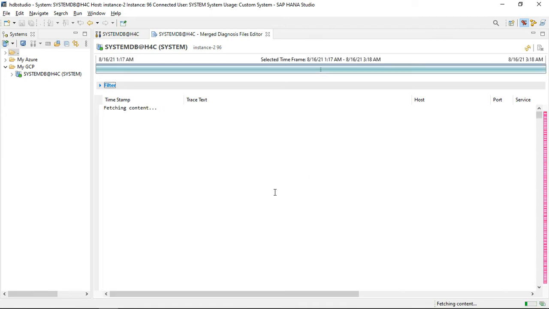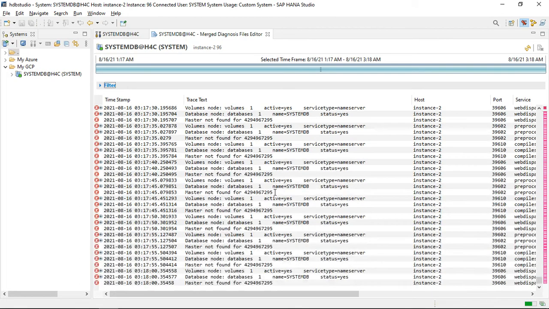You can see now it is merging the diagnosis files. It's basically easy to understand now. The red cross marks it is showing are all the errors which you can analyze. So this is how you can use this functionality.